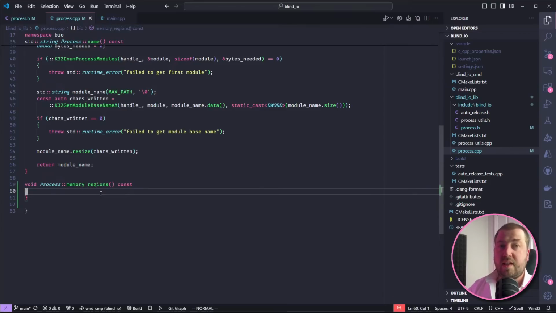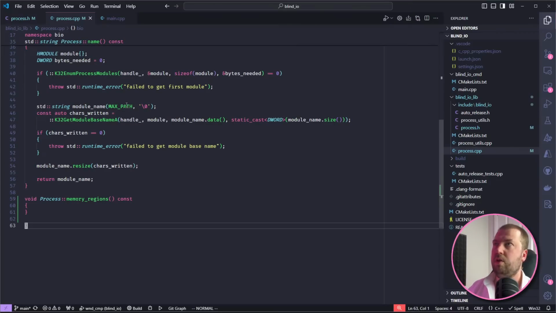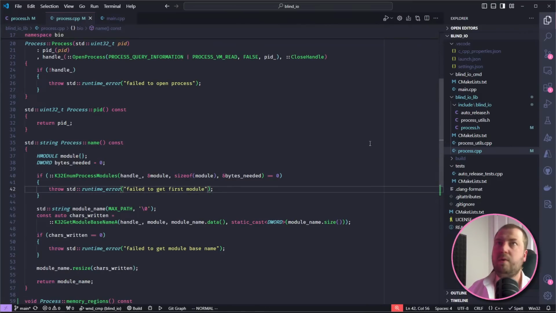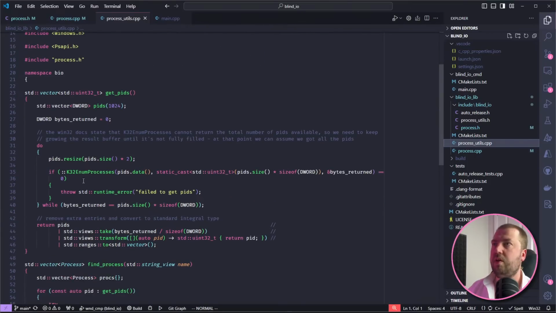My plan for this is to port this to Linux because I think it'd be a fun problem to solve. It's like, we take all this Win32 specific code and how do we abstract it in a way that allows it to run on both Linux and Windows. The deeper you go, the more they differ in implementation. Yeah, absolutely. Even at the surface level, there's no K32 enum processes. No, that's a bad example. Where's our process utils? There's no K32 enum processes really equivalent in Linux.